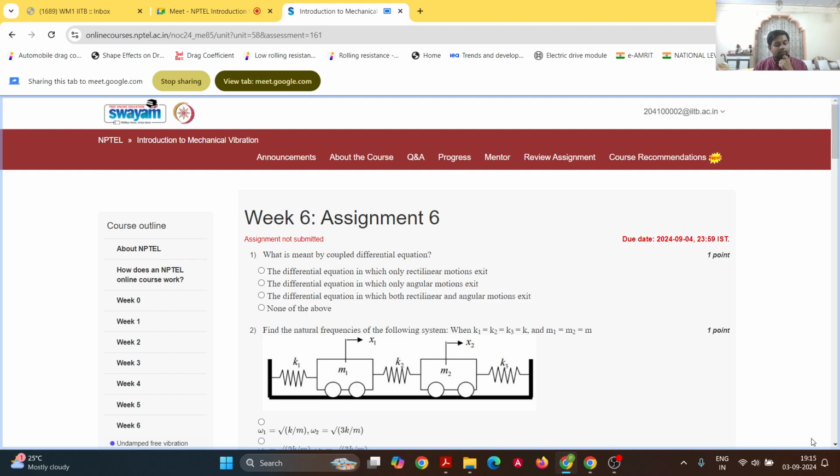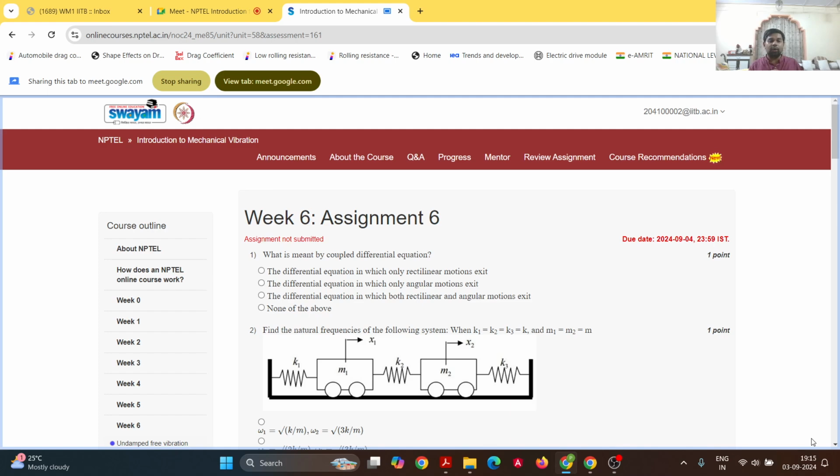Because these two systems are again 2 degree of freedom systems. So if there are problems like that, it may be there. I cannot say exactly because I'm not the person who sets the exam question paper. But what I can say is that whatever the type of system it may be, essentially we have to come up with a system of differential equations